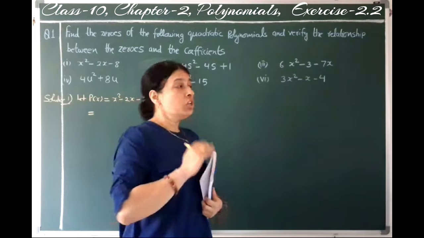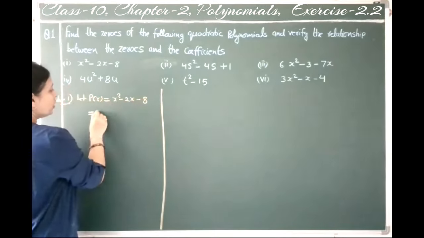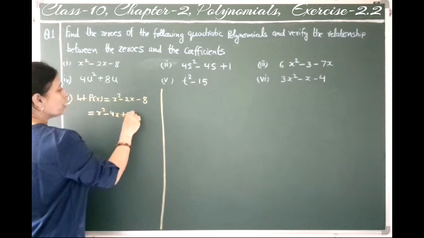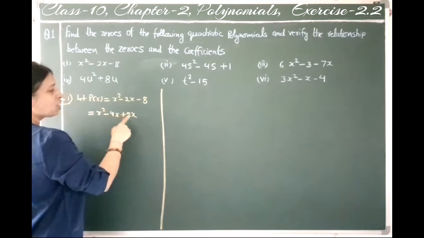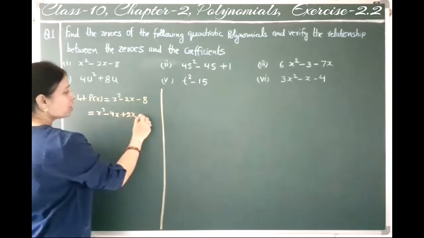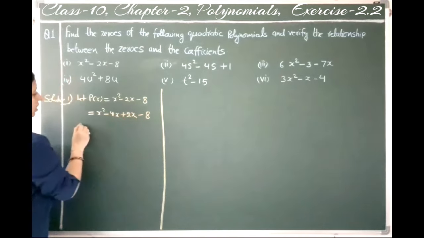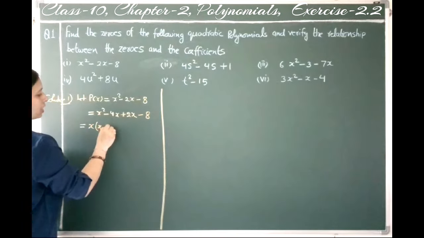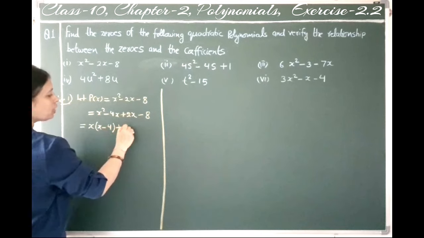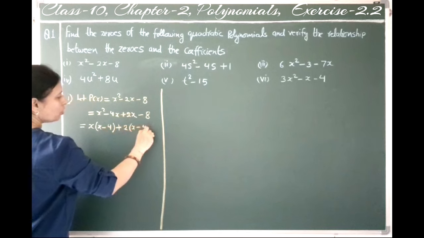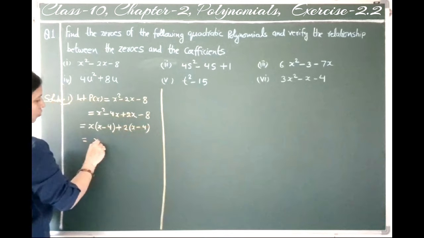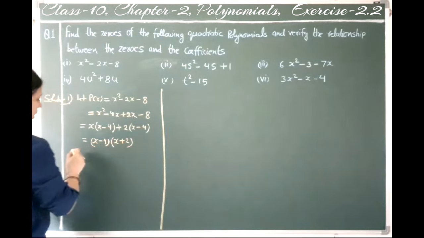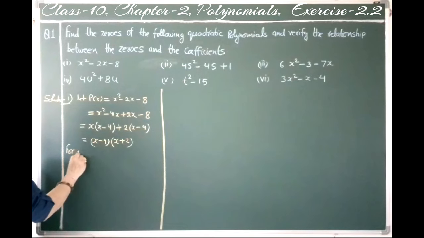4 into 2. So if we take 4 into 2, we can write x square minus 4x plus 2x. So minus 4x plus 2x, it will come minus 2x. Then write minus 8. Now we can take common x, so it will be x minus 4, plus take common 2, so it will be x minus 4. Now x minus 4 into x plus 2, and for zeros